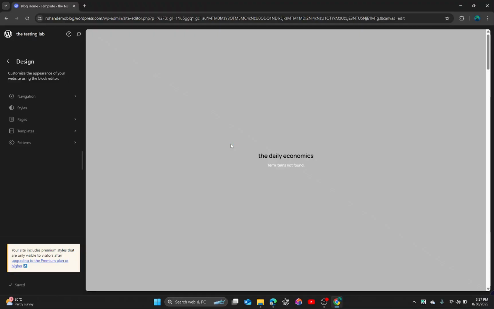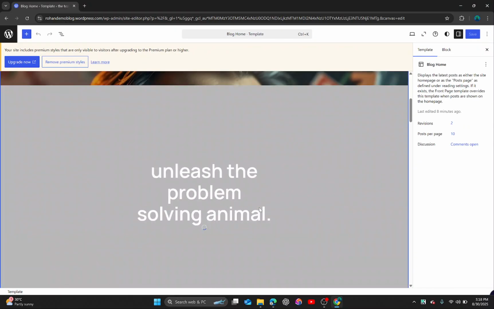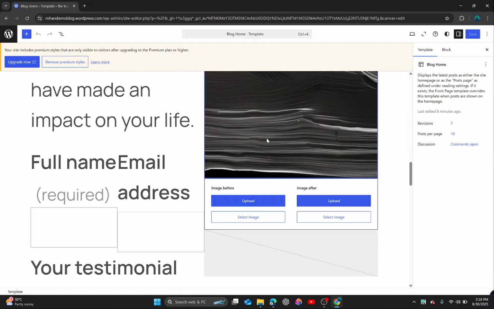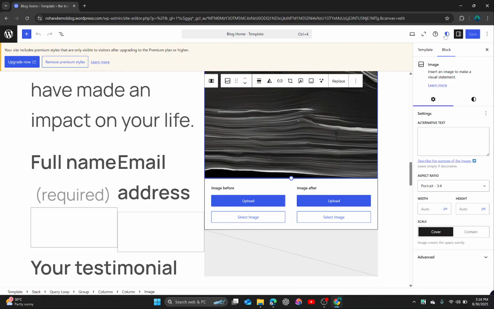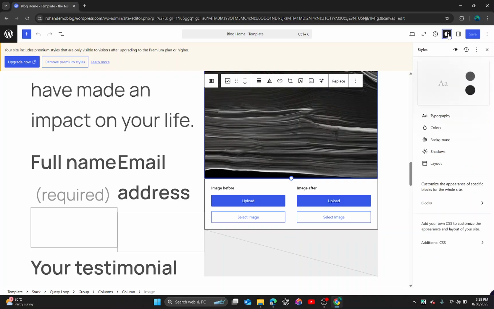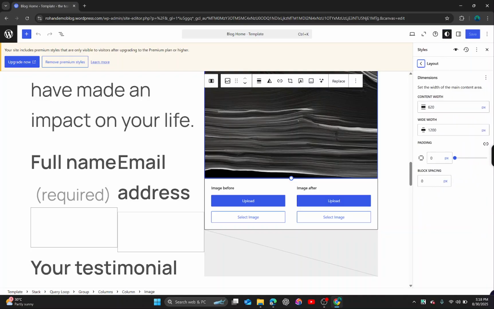As you can see over here, my page has been opened, and we're just gonna go and select on this, and here you can see on the right hand side there is an option called styles. Click on the styles option, and here you can see an option called layout. Click on the layout option, and from here you can actually change the width and the height of your selected